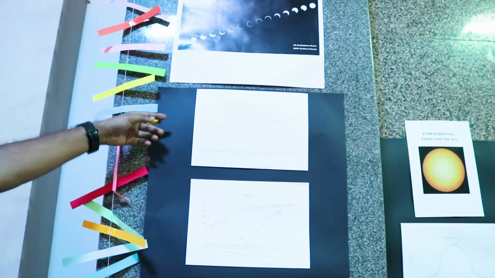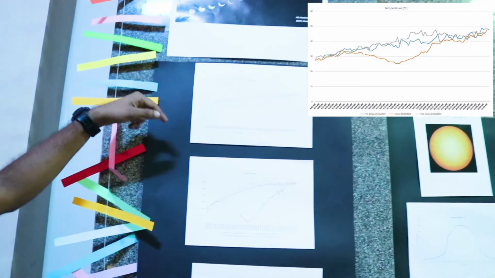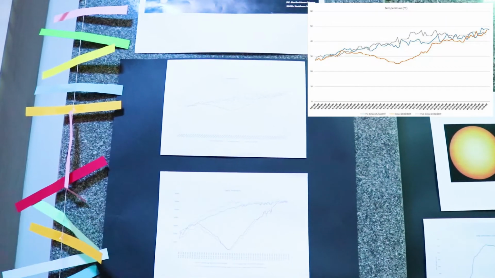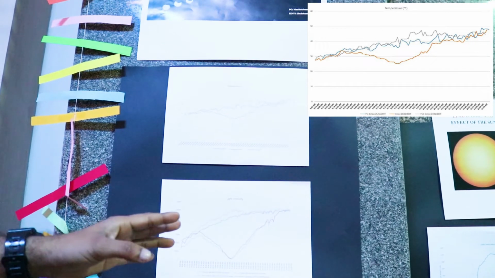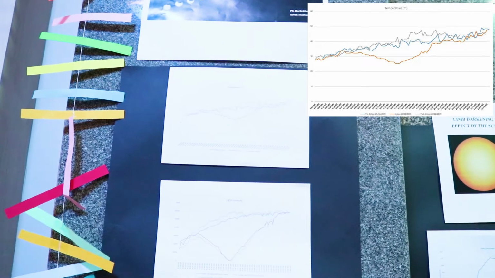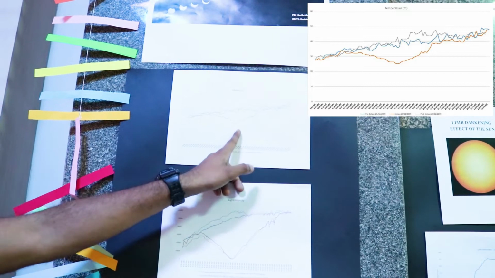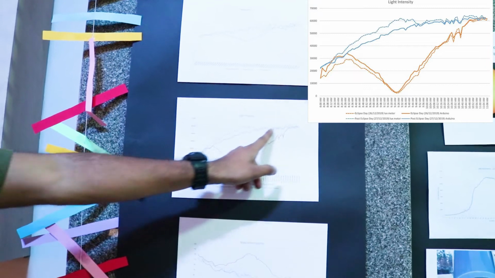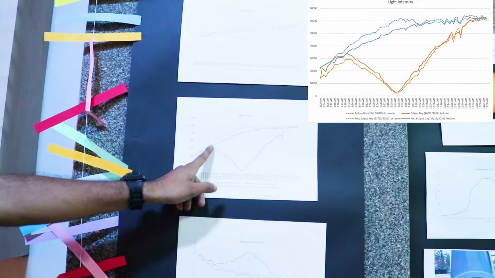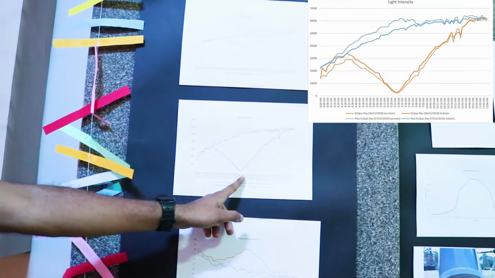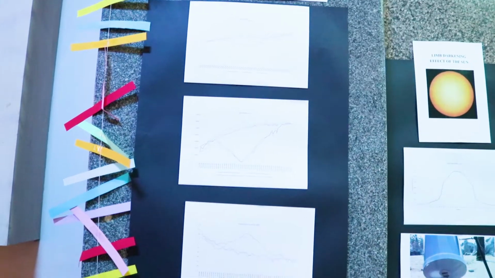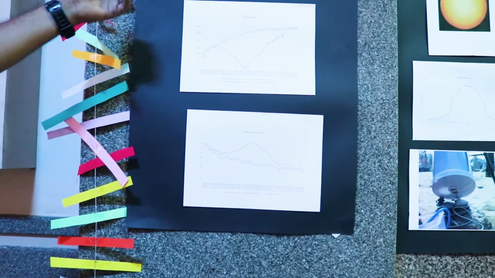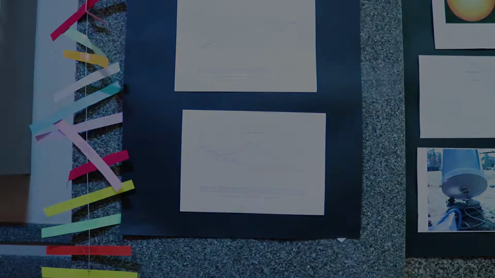And then we plotted a graph. The blue line is for the eclipse day and the red line is for the non-eclipse day. The usual pattern is an increase of temperature from 8 o'clock to 11 o'clock, as per the red line. But on the eclipse day it fluctuated, it dropped down and then it increased. Similarly, the light intensity goes up linearly on a regular day, but on the eclipse day it fluctuated, it dropped very drastically and then increased again. And also we have a change in humidity. So basically we studied the behavior of 3 parameters in the atmosphere.